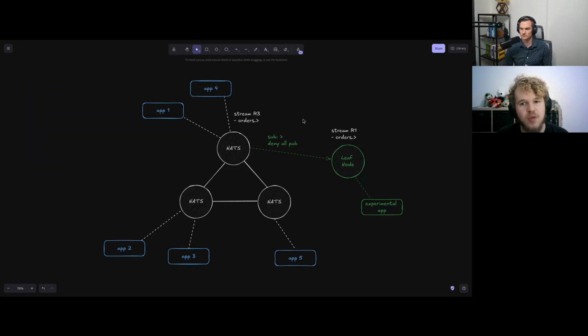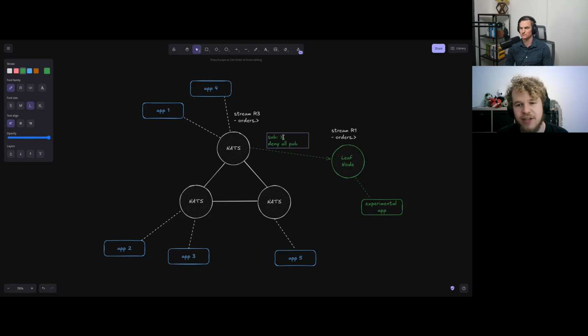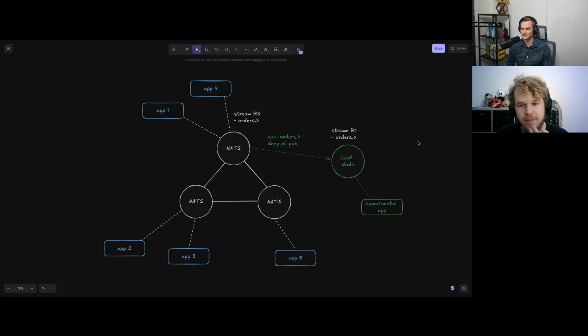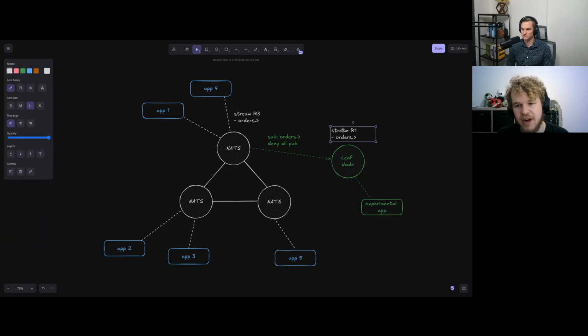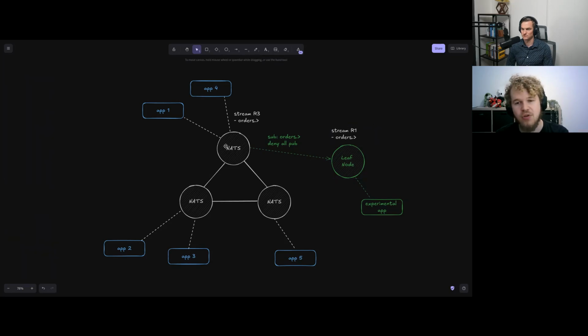And you might say, in terms of security, being able to subscribe to everything, now you can just wiretap the whole cluster. Right. So you could tune this down to just be the thing that you need, for example, the stream. And the nice thing about this is that now, because these streams are separate, you can actually listen to this stream over here and put messages into there. You could also do this with sourcing, but we did it this way. And now you could compare the streams and see, given the production traffic, does my app actually work under those circumstances even before I connect it to the cluster?